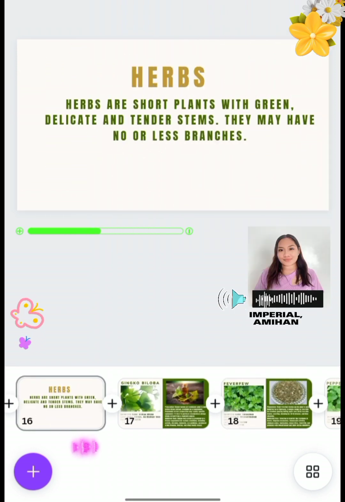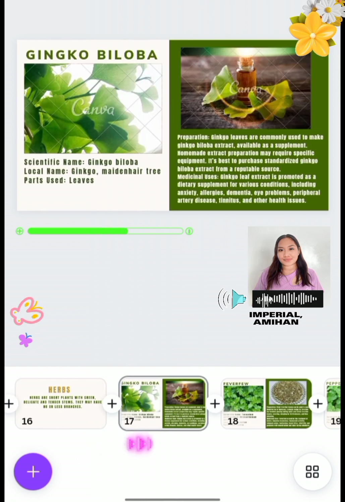One classification of medicinal plants is herbs. Herbs are short plants with green, delicate, and tender stems. They may have few or no branches. The examples are: the first is ginkgo biloba. Its scientific name is Ginkgo biloba. The part used is the leaf. Preparation: